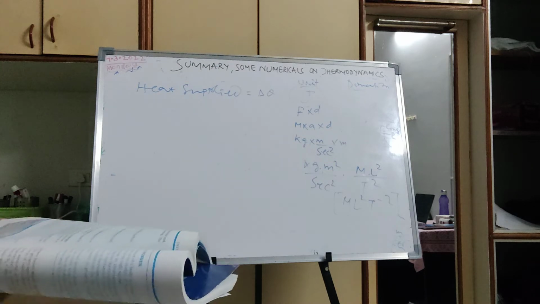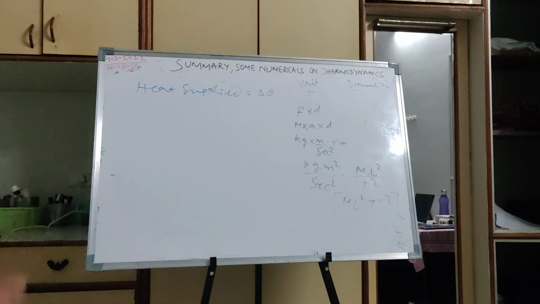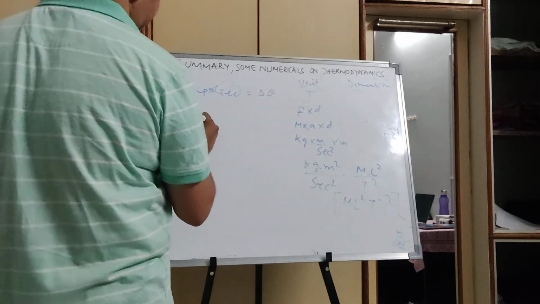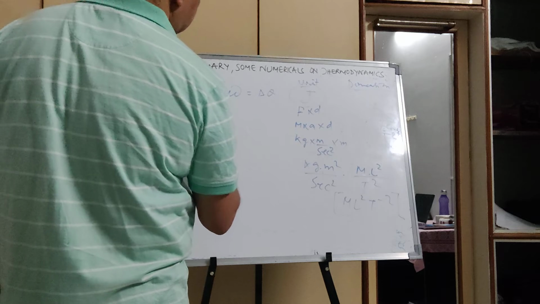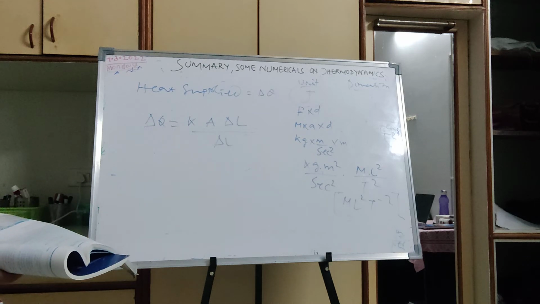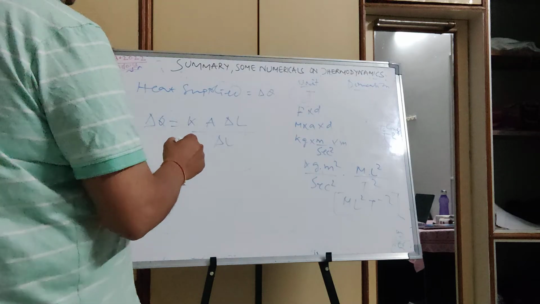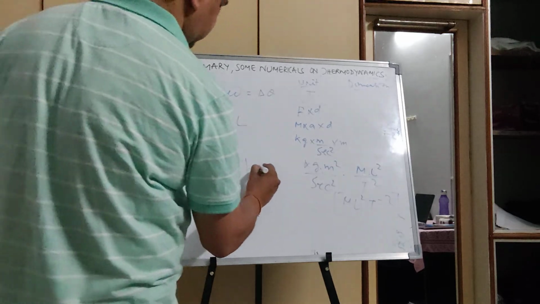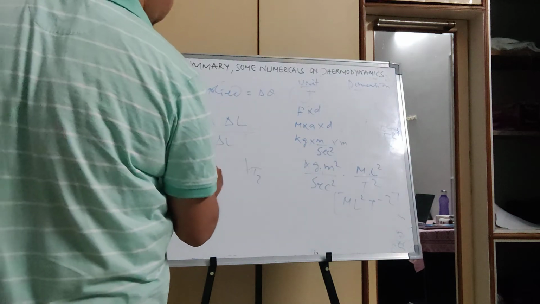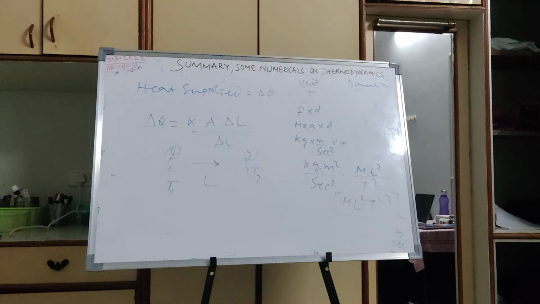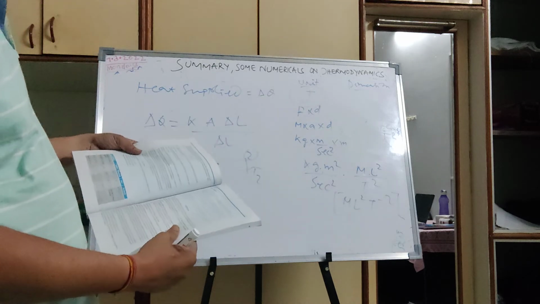Then thermal conductivity we have already found out while studying the heat transfer in conduction mode. We have found out what is thermal conductivity. Yeah, as you remember, like del Q is equal to K A delta T divided by delta L. Right. So that is thermal conductivity. That dimension also you can find out. Okay, so like you have a rod and you have length L and temperature T1, temperature T2, then how much heat is transferred from end 1 to end 2, so that you can find out. The unit and dimension of thermal conductivity. Okay,